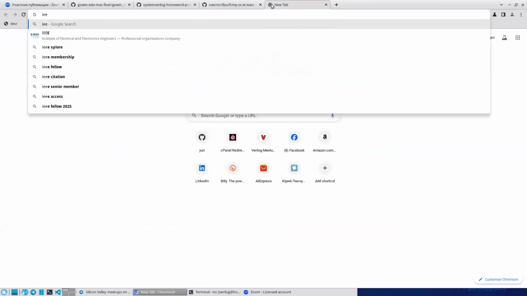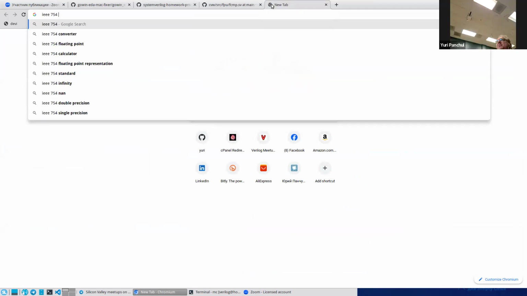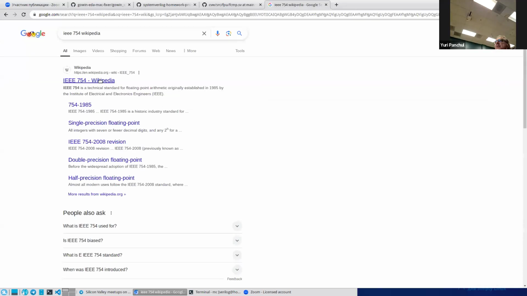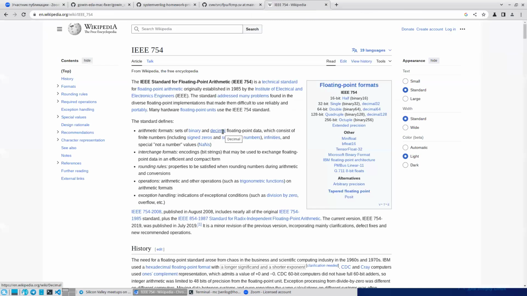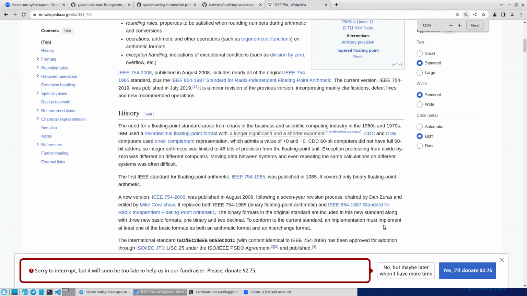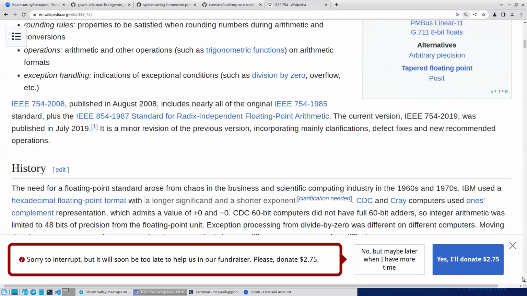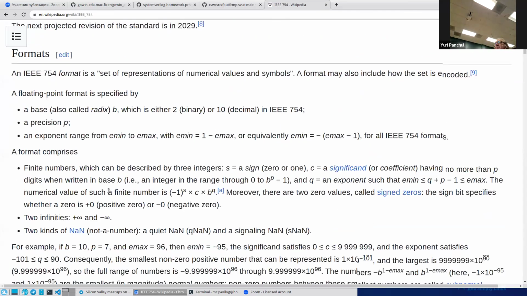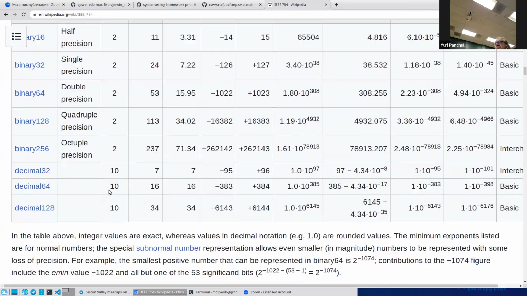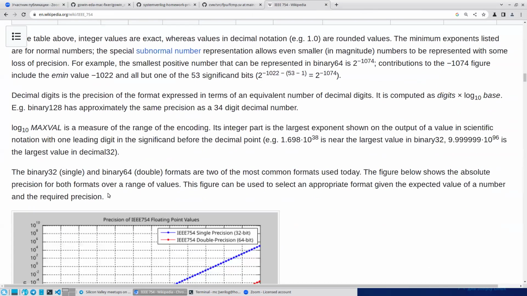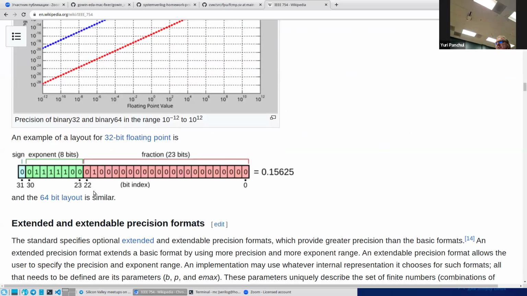So if you go to Wikipedia, 754 wiki, yeah, so you can see in Wikipedia that floating point number. So there are like several formats, but our particular format looks okay,